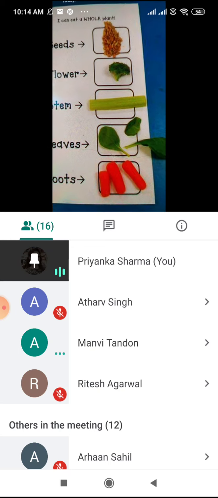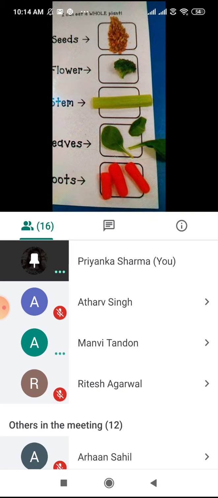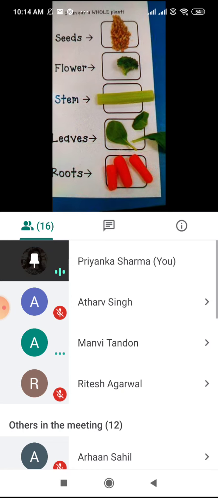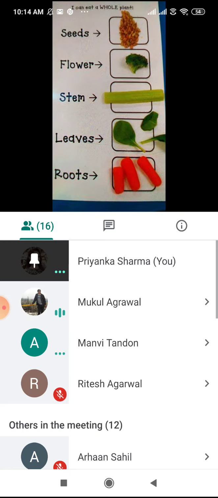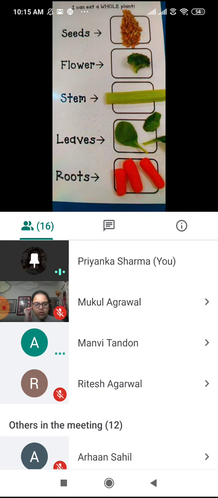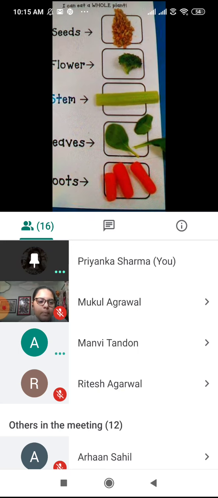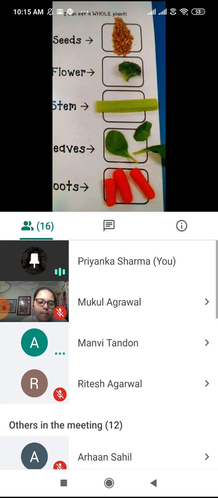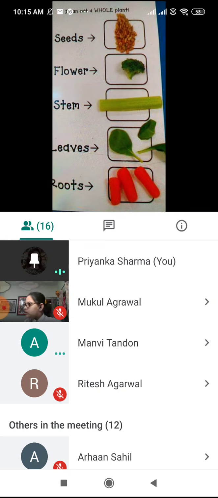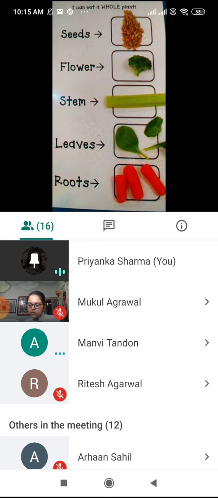Then come leaves, any leaves that you eat. What type of leaves you eat? Spinach we eat. So you can see spinach leaves here. Wrap it in a cellophane and stick them. Cabbage also, any leaves, whatever you eat. Then roots, in roots come radish, carrot, beetroot. Then roots also you have to wrap it in a cellophane and stick it on the punch paper. EVS activity. Are you getting it?